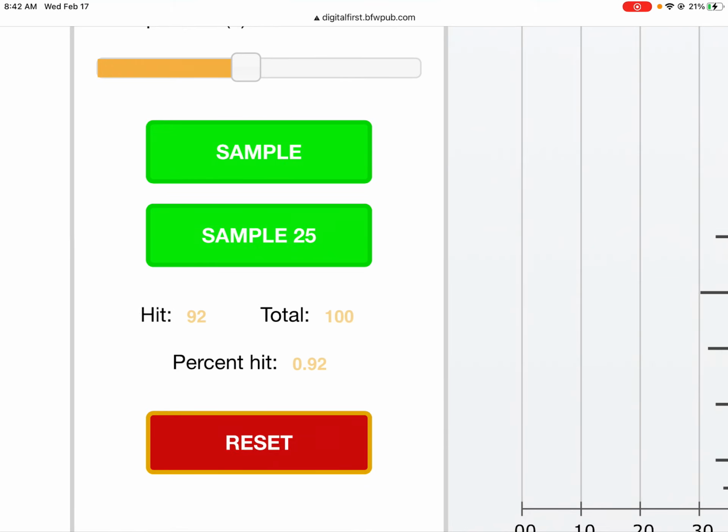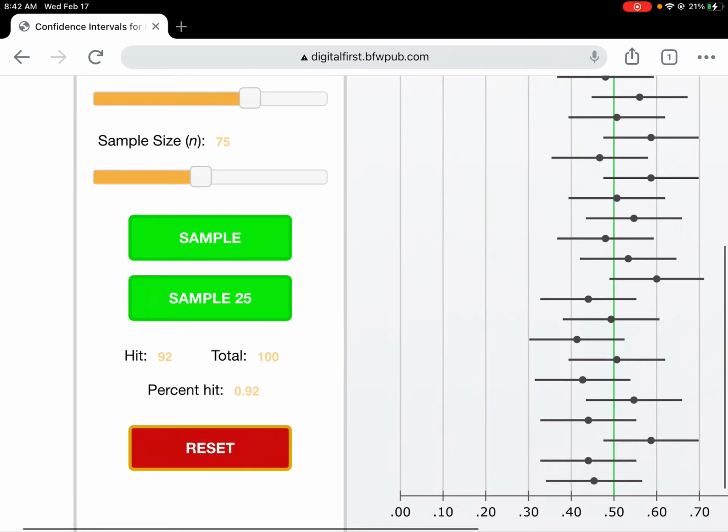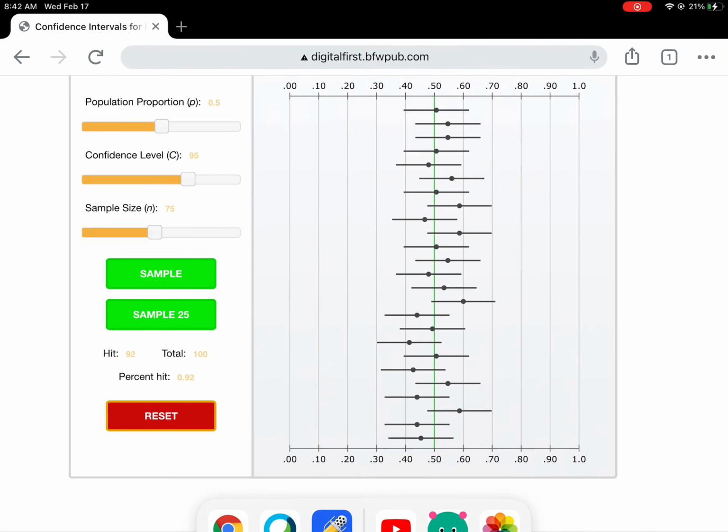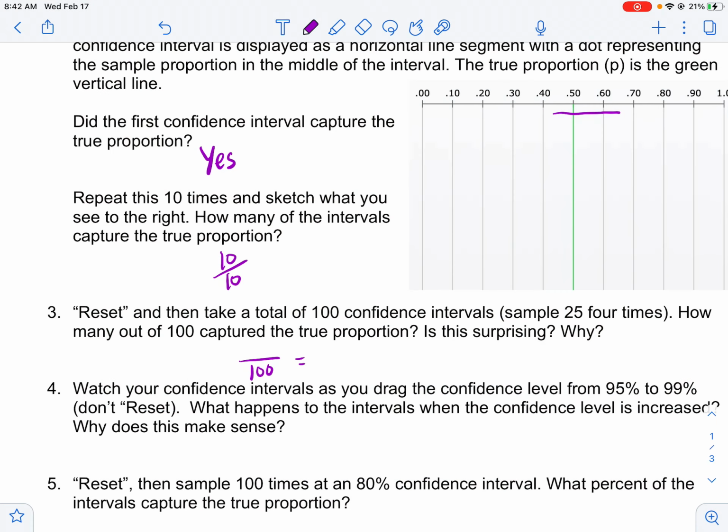Hit means how many captured the true proportion and how many didn't. So we have the percentage of hit is 92%. So in my case, again, yours might be different, in my case, that is 92 out of 100, which is 92%, that captured the true proportion. Is this surprising? Why? This is not surprising because this is